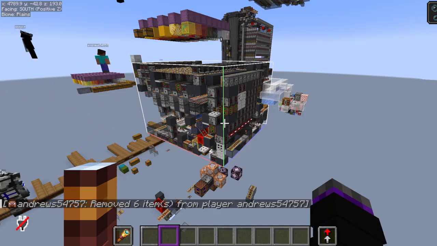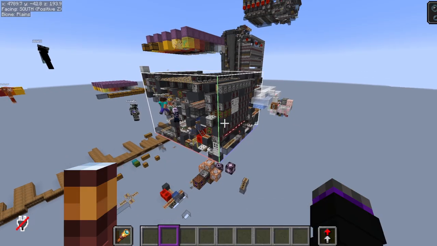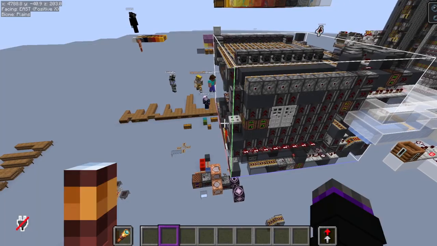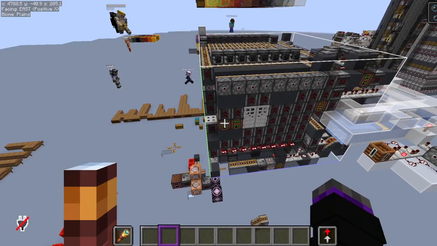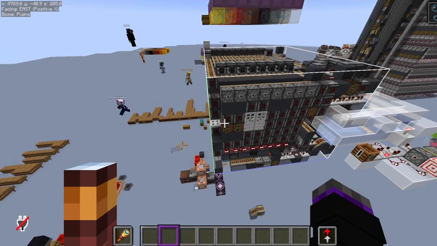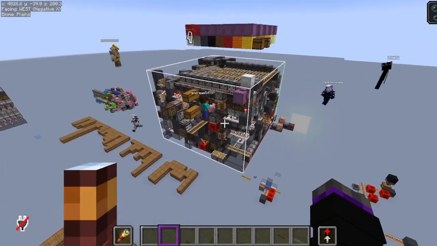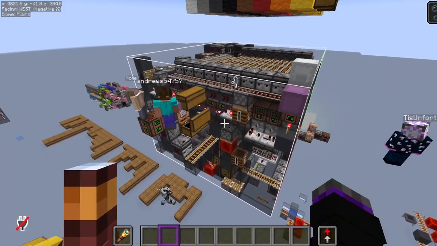Okay, so I've set up all the whitelisters already, and I've set up dummy items inside these empty boxes inside the droppers. Imagine they're different item types. I just didn't set them up with different item types because I'm lazy. So say we want to check if we want to put in yellow stained glass in here, right? So if we put in yellow stained glass, what we get